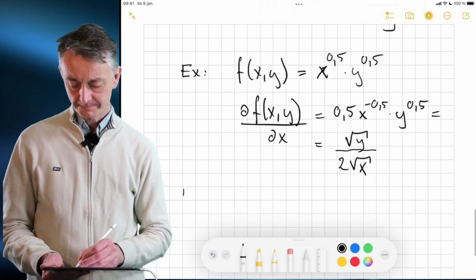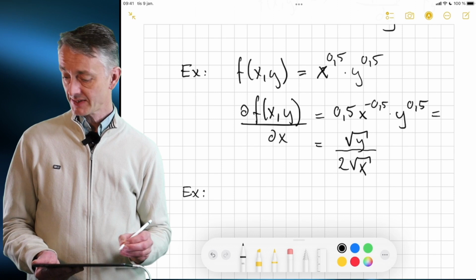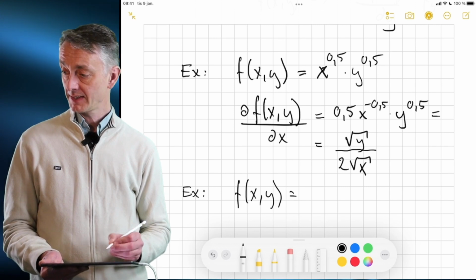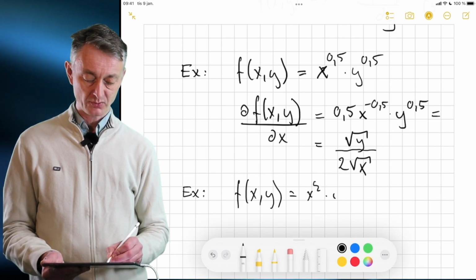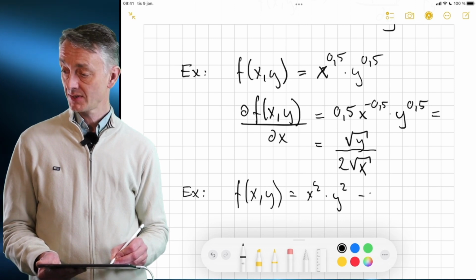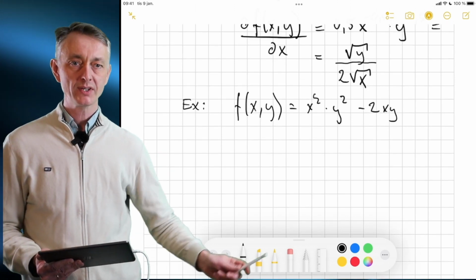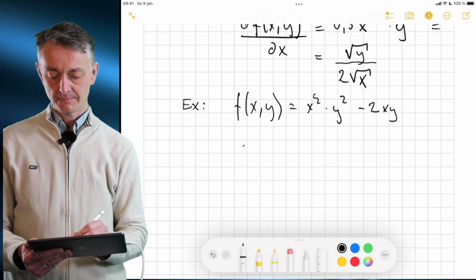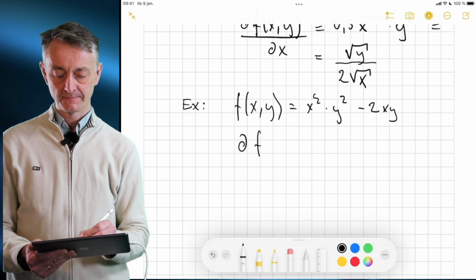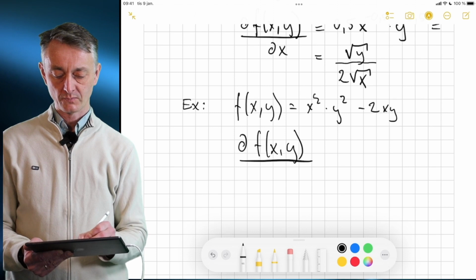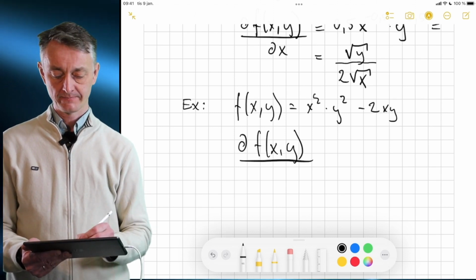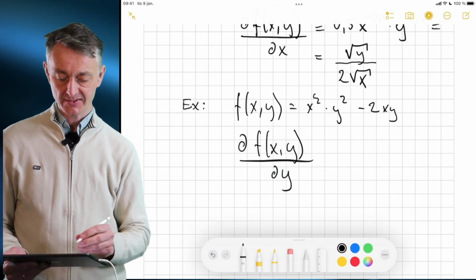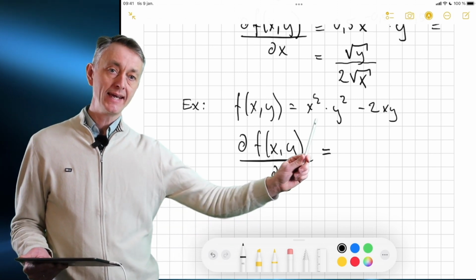Another example. Let's assume we have a function f(x,y) equal to x to the power 2 times y to the power 2 minus 2xy. What is then the partial derivative of this with respect to y? Okay, the partial derivative of the function with respect to y, that's why you do curly dy here, holding x constant, is then equal to,